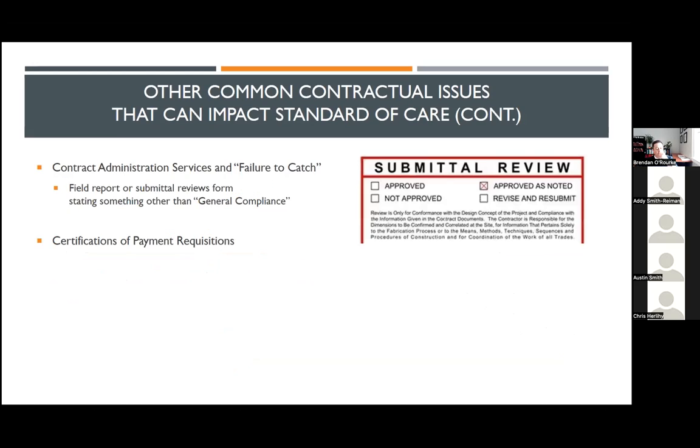I'd also be wary of the forms that you as a design professional are using on the project, even outside of the contract itself. A lot of you are obviously providing contract administration services during the construction phase, and reviewing submittals or going to the site and doing site visits. And you just want to make sure that the forms that you are using are consistent with what the actual contract requires. And this is an example of a submittal review stamp that's being used by a local architect